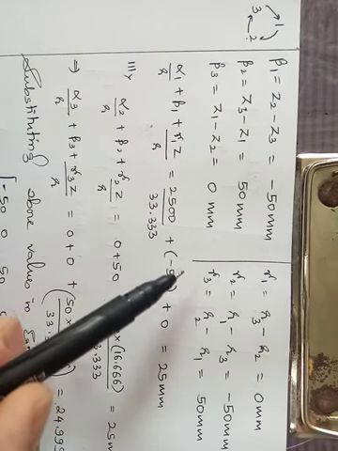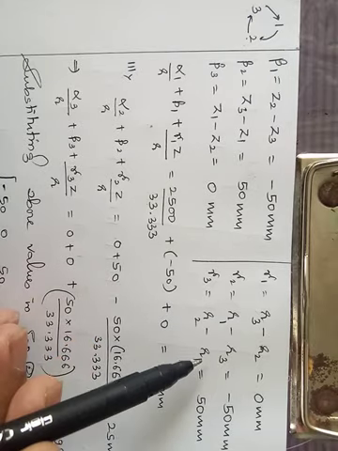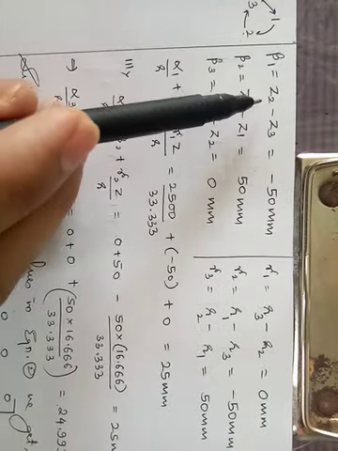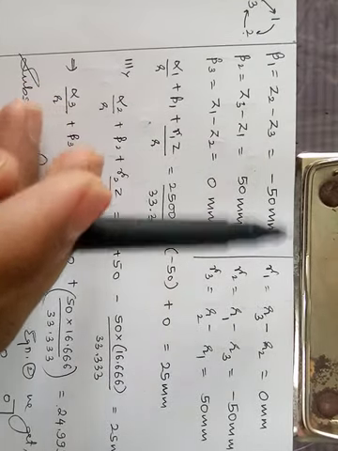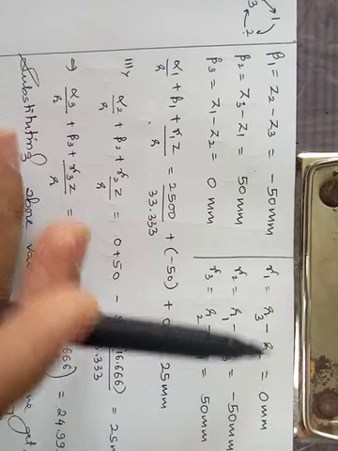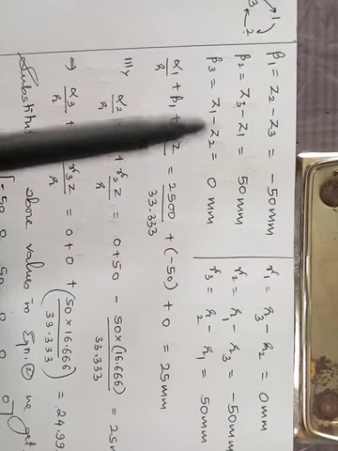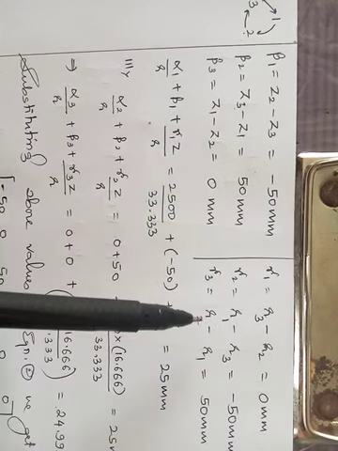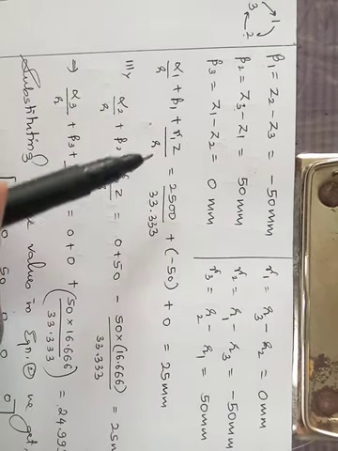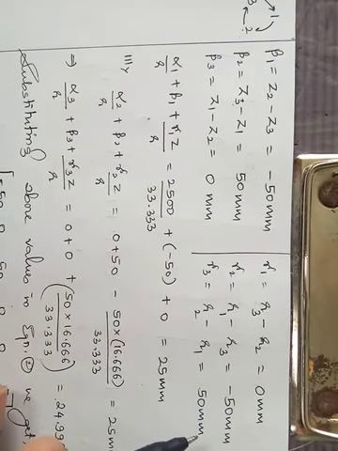I told you gamma is always associated with the R coordinate. So you just write R minus R, R minus R, R minus R in each of the cases. Now how did I get this 3 and 2? If beta 1 is having 2 and 3, then gamma 1 should have 3 and 2. That is what I am calling inverse. If here it is 3 minus 1, here it should be 1 minus 3. Here it is 1 minus 2, then here it should be 2 minus 1. So that is how you need to build up the logic and remember things. Once again you substitute the values of R and you will be getting 0, minus 50 and 50.